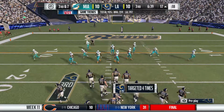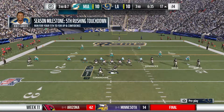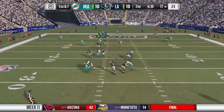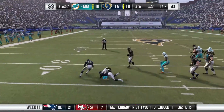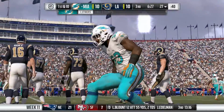In danger of squandering their great field position as they come up on a 3rd and 7. So 3rd and 7 and an extra defensive back on the field here. Definitely want to play coverage here. Looking for Britt, intercepted. It's picked off by Jelani Jenkins. And he's able to get it back to right around the...